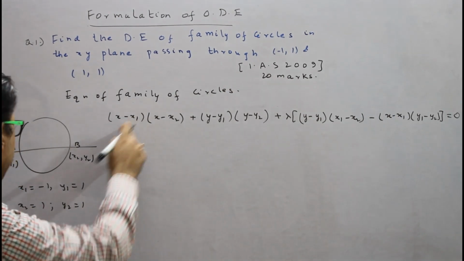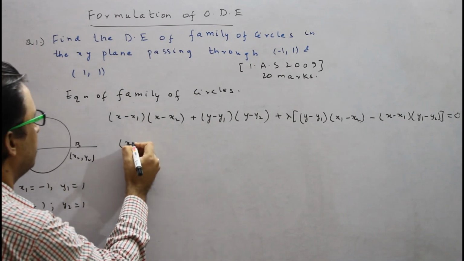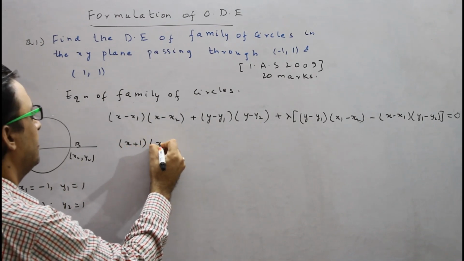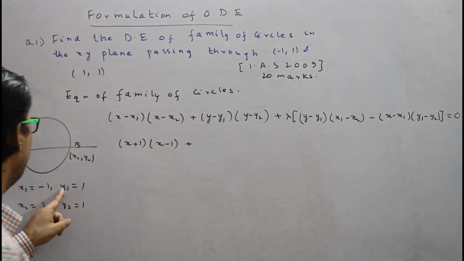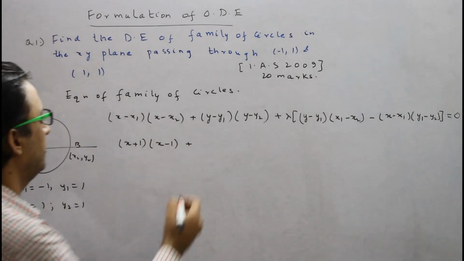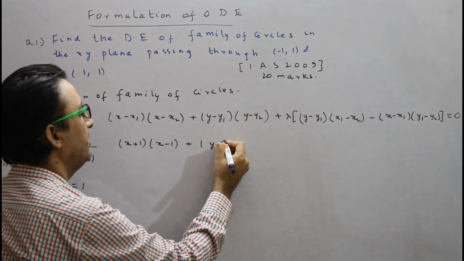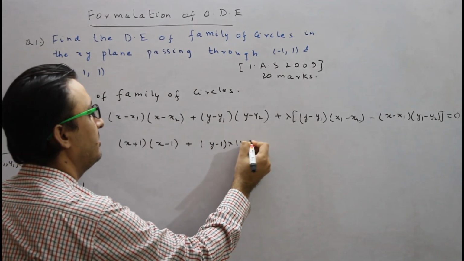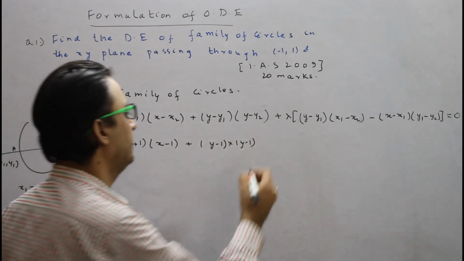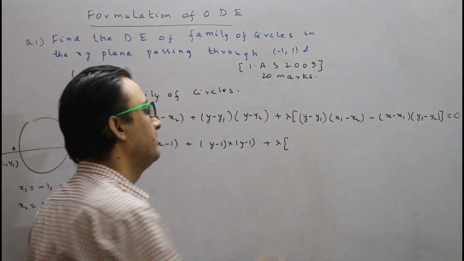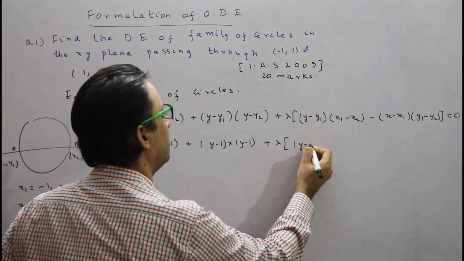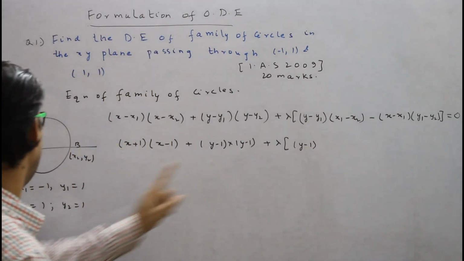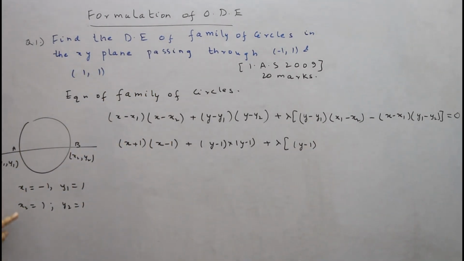In place of x1 we put minus 1, so this becomes x plus 1, and here it is minus 1, and y1, y2 values are 1, 1, so we can write it as (y minus 1)(y minus 1) plus lambda. Here again y1 value is 1, x1 minus x2, x1 is minus 1, x2 is 1, so this is minus 2,